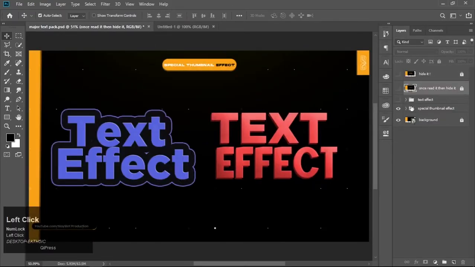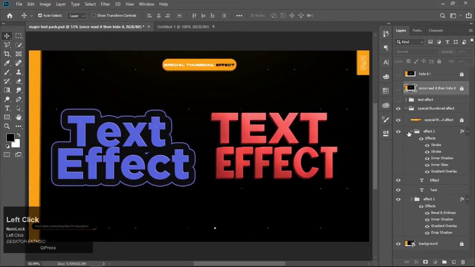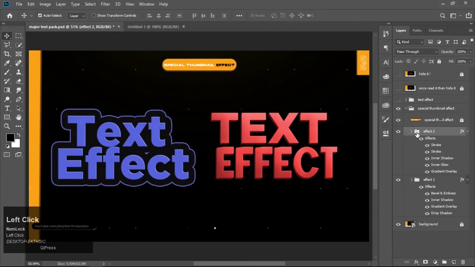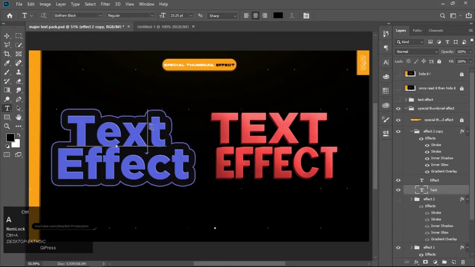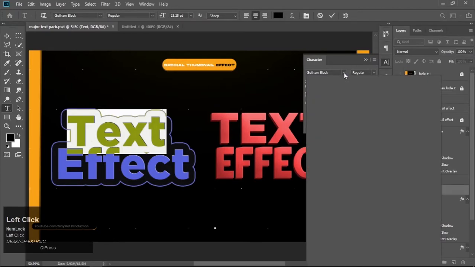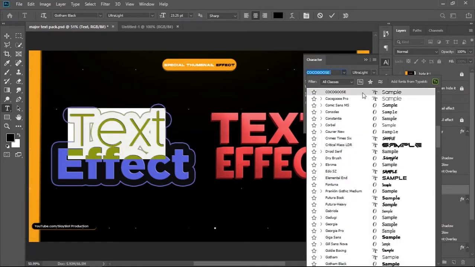You just have to go to special thumbnail effect 2. You can see the blue one is effect 2. Then just Ctrl J to copy and hide the original layer, and then you can change the text according to you, the font according to you, anything according to you.